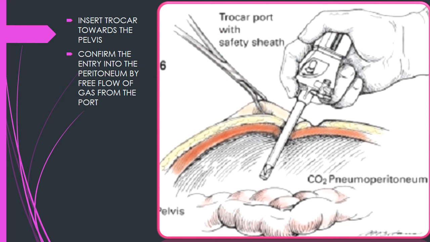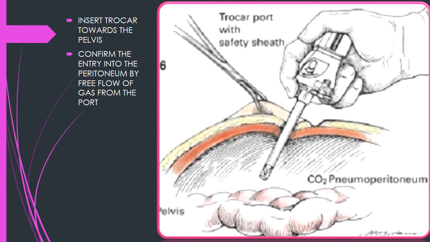The next thing you need to do is to confirm the entry into the peritoneum by the free flow of gas from the port. So open the stopcock, and if you have air, you know that you're good to go. Alternatively, you may even use a VisiPort by using the camera when you drive your cannula and trocar inside the peritoneal cavity. Once you're in, it's time to put the patient in supine position and then to place the other